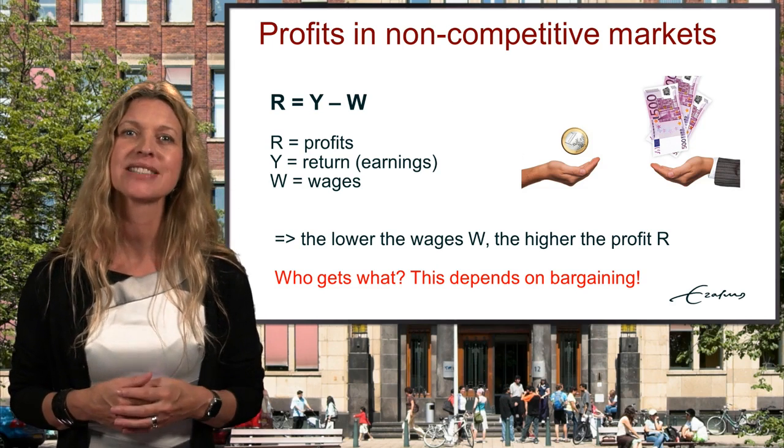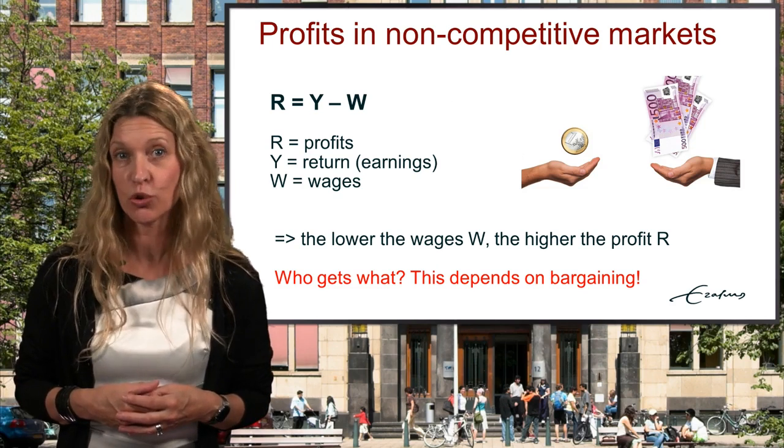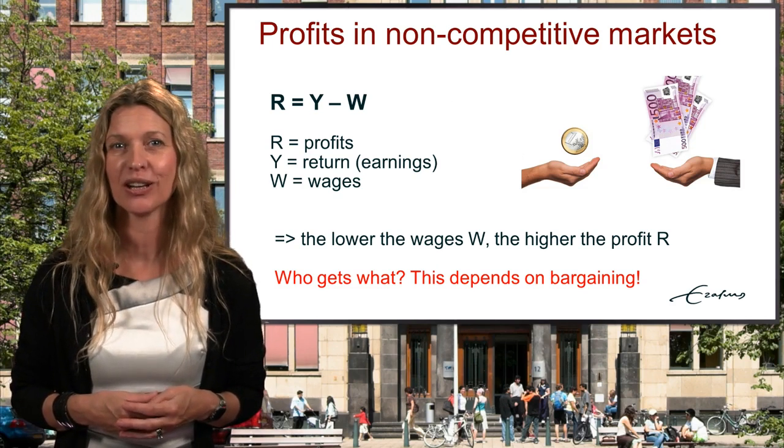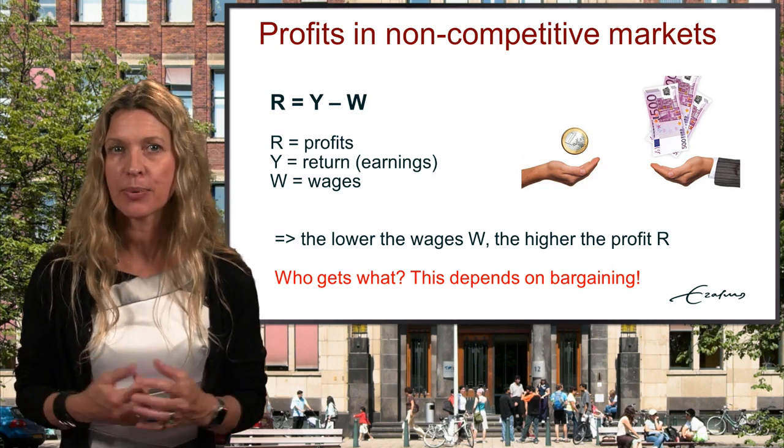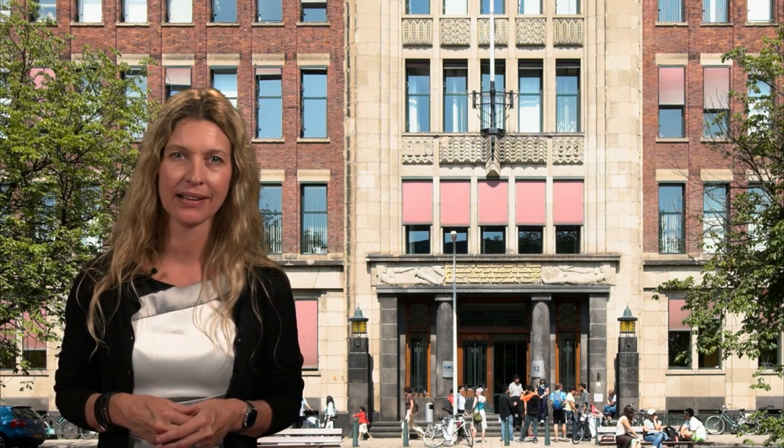Now you have received the answers to the two questions at the beginning of this video. Why and how do firms grow, and how do they set their prices? Firms grow through investment and expansion to new markets, which becomes more and more expensive, so they stop growing when the finance cost and the transaction cost become too big. And they set their prices as a markup over the cost price rather than following any given market price.